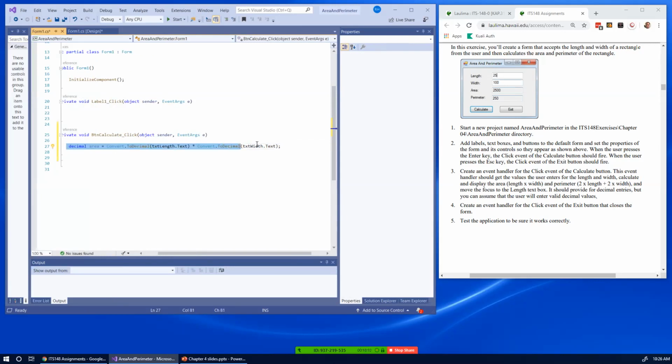And the perimeter then is, I'm just going to do a copy and paste, and I'm going to change this area button to perimeter, variable to perimeter, and it's going to be convert to decimal, this times 2 plus the, times 2, and plus this times 2. So that computes the perimeter, and now I'm going to write